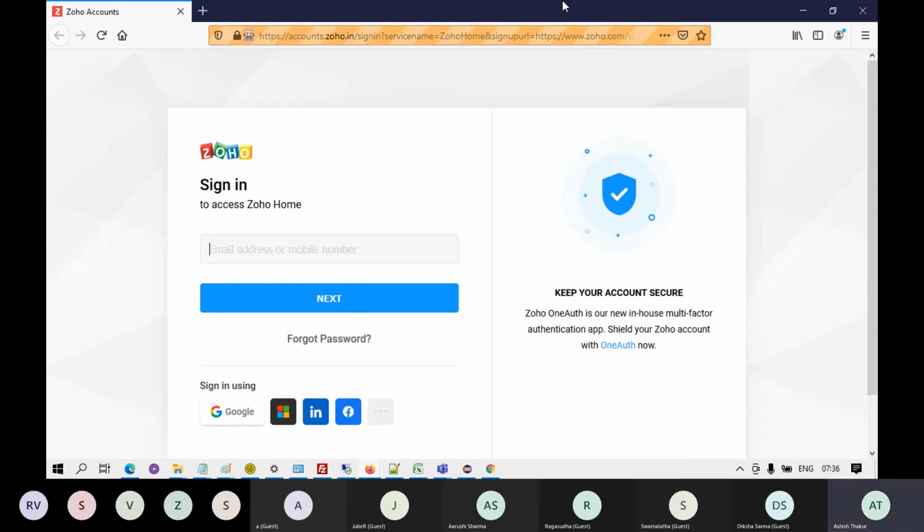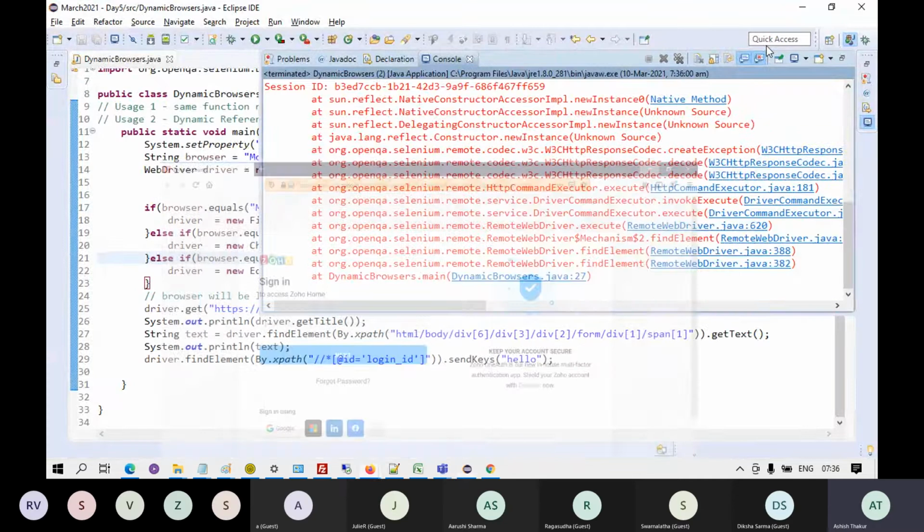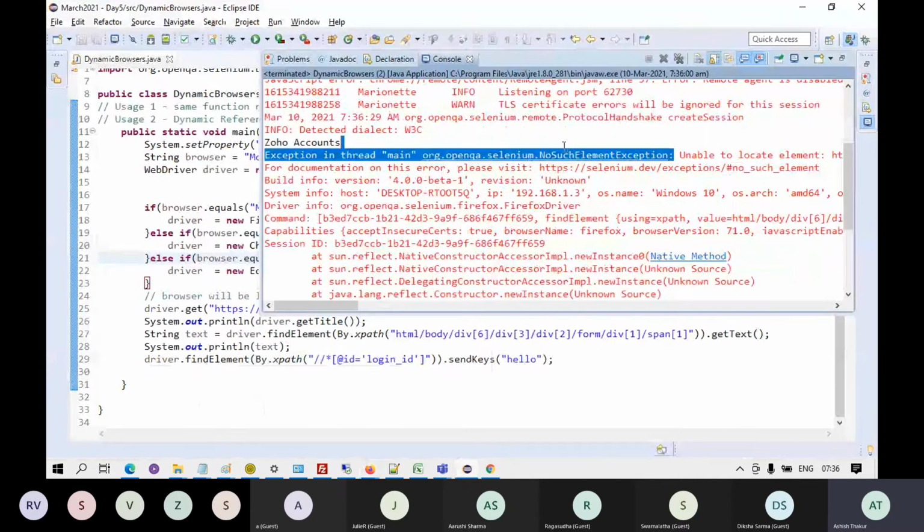So you see that as soon as the browser opens and goes to the website, you get an exception. No such element exception. So no such element exception is, as the name clearly says, that the element is not found.